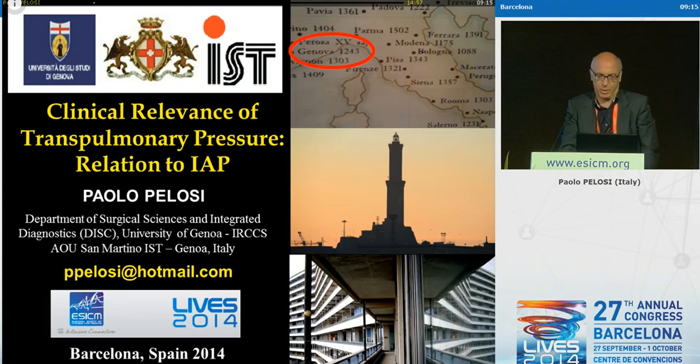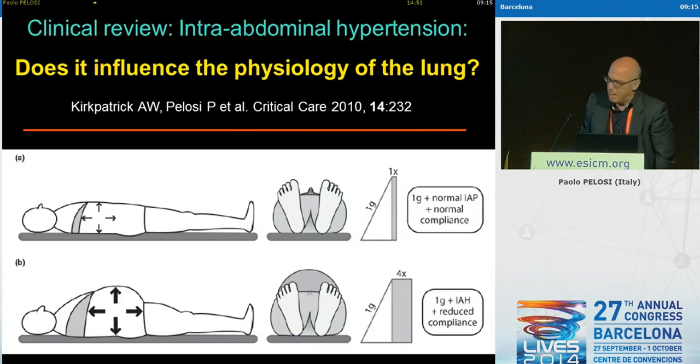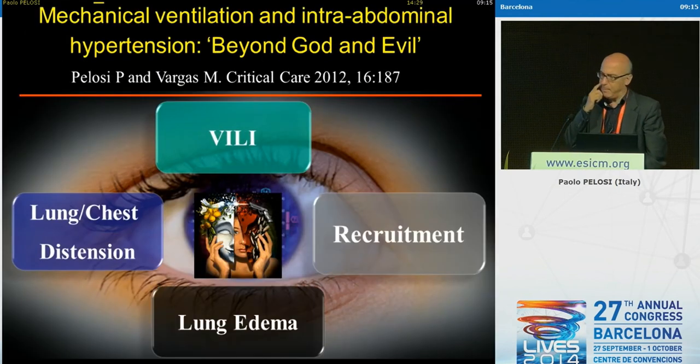Of intra-abdominal pressure on the clinical levels of transpulmonary pressure. So as you know, patients with higher intra-abdominal pressure are characterized by a cranial shift of the diaphragm, and this is associated with a reduction in the lung volume and changes in the mechanical characteristics of the respiratory system, mainly the chest wall. And we'll talk a little bit about the role of intra-abdominal hypertension on the lung and chest wall distension, recruitment, and also its role to develop ventilator-induced lung injury and some clinical